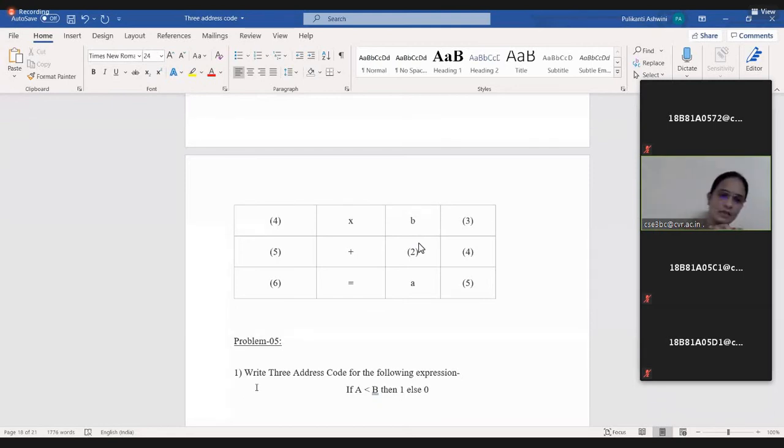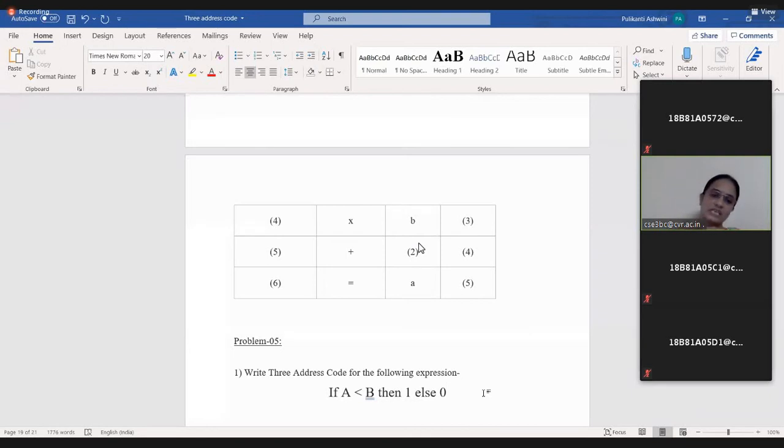So the next one is, for example, a statement like this: if A is less than B, then it should print the output 1, else it should print the output 0.